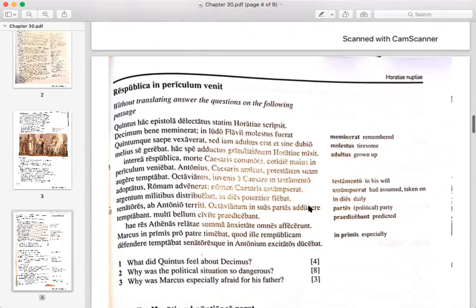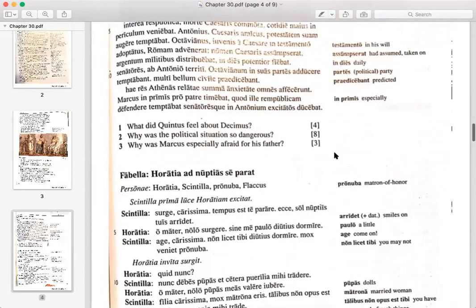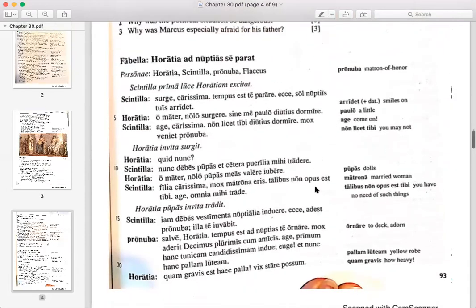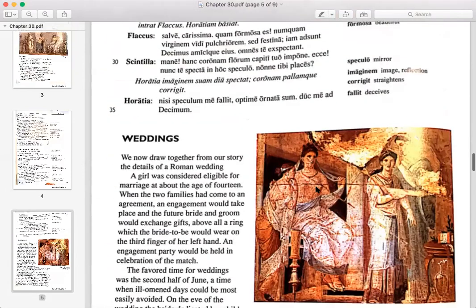You have a choice in your assignment. I have set up a cloze exercise for you about this story, Res Publica in Curriculum Linnet. A cloze exercise gives you part of the translation, and then you supply the rest of the translation in the blanks. You can choose to do that, or you can choose to translate some lines from this fabella about the wedding. So that is up to you.